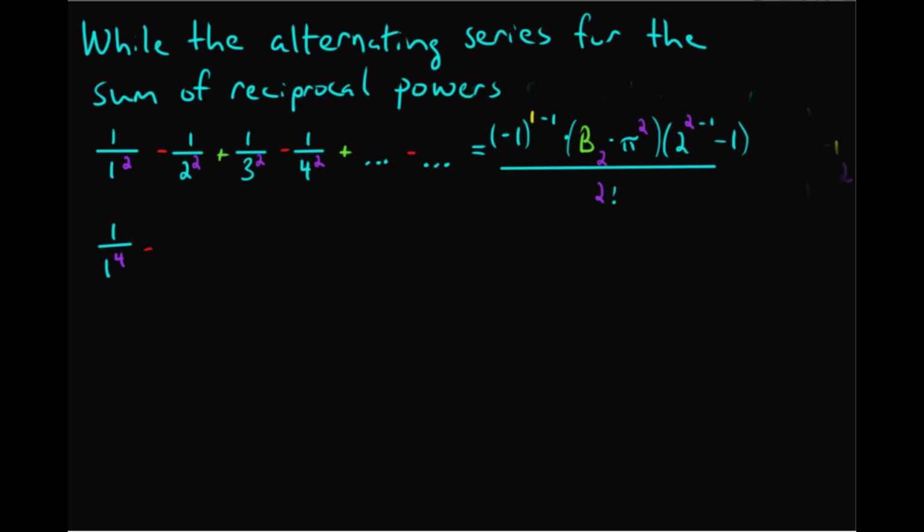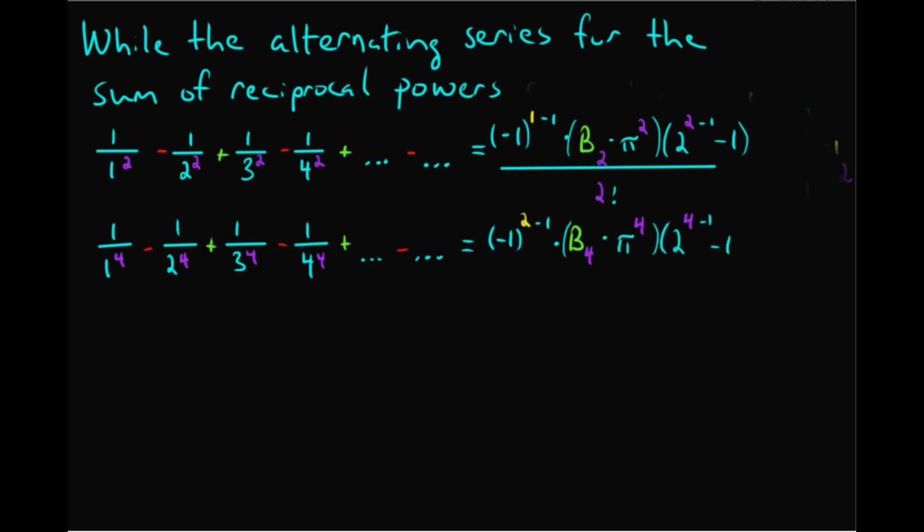Similarly, we can use the formula to compute eta of 4, which is 1 over 1 to the fourth minus 1 over 2 to the fourth plus 1 over 3 to the fourth minus 1 over 4 to the fourth plus dot dot dot. And we find that this equals (-1) to the 2 minus 1 times b sub 4 times pi to the fourth times the quantity 2 to the fourth minus 1, all over 4 factorial. And when we sub in our value for b sub 4, which equals -1/30, and make the other necessary cancellations, we find, indeed, that eta of 4 equals 7 pi to the 4th over